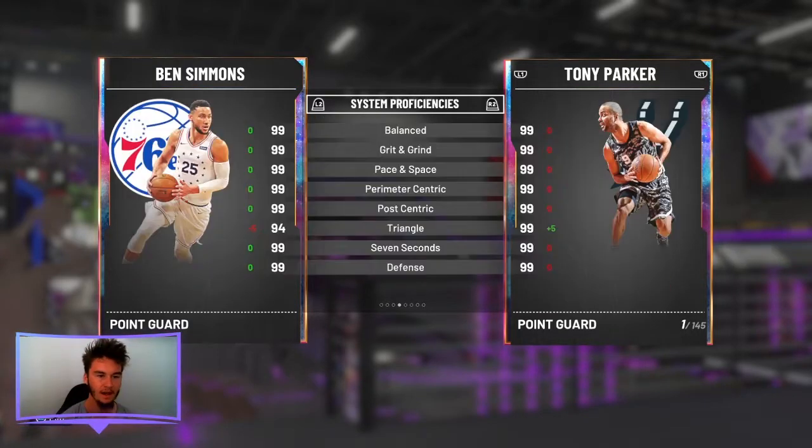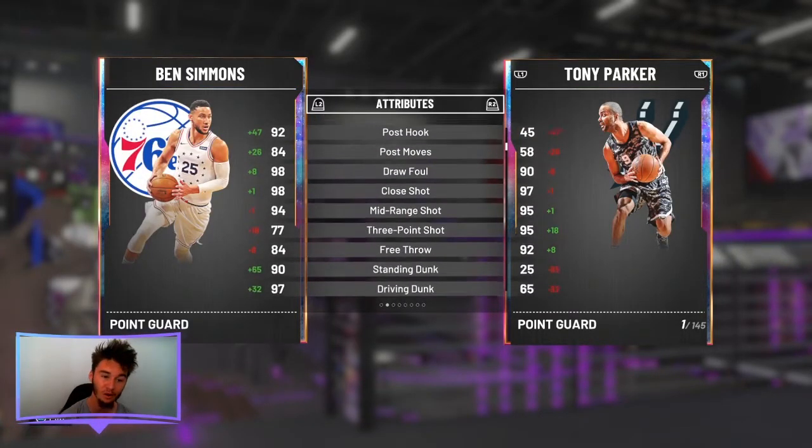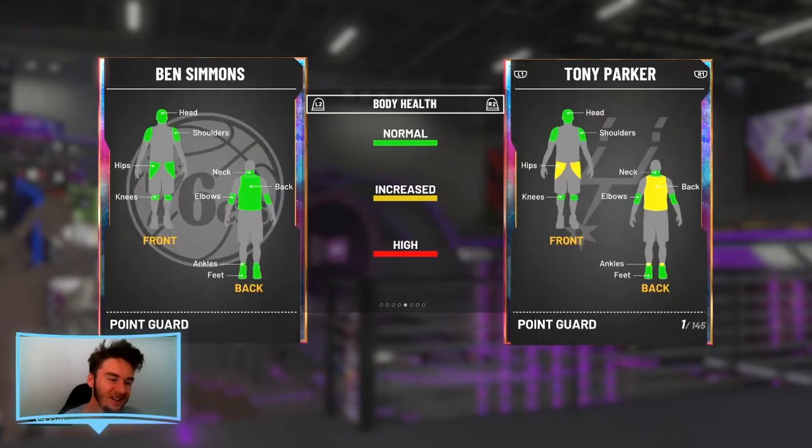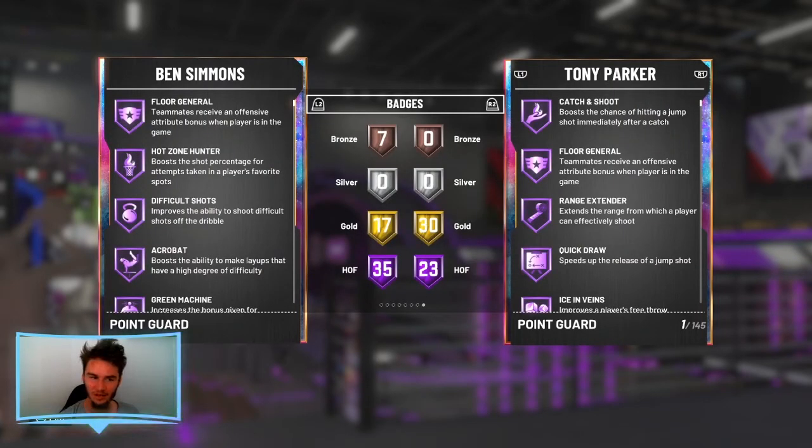Now this card has a little something special with it, and I'm going to get into the badges in a sec. But if you guys didn't already know, when you hit 353 threes made with this Ben Simmons, that 3-point shot goes from a 77 to a 90. And honestly, that's a bit scary. Just a little bit. I don't want to have to deal with a 93-point shooting Ben Simmons this early in the year, but